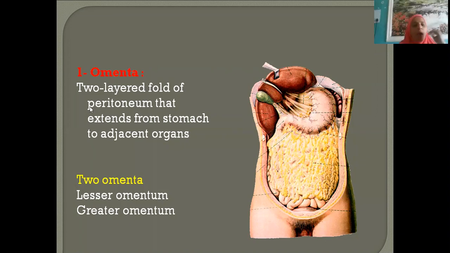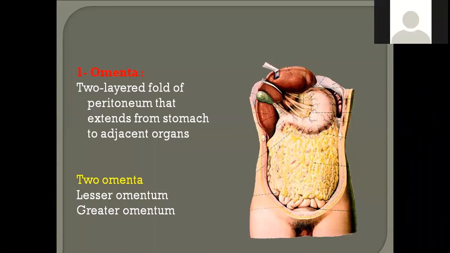Very good. So, omentum, a two-layered fold of peritoneum that is extending from the stomach to adjacent organs. The fourth layer of the greater omentum is becoming continuous with which organ, Hemalata? Intestines. Okay, very good. Which part of the intestine? The transverse colon. Excellent. It becomes continuous with the transverse colon. What is the fold of peritoneum of the transverse colon? Transverse mesocolon. Excellent, very good.